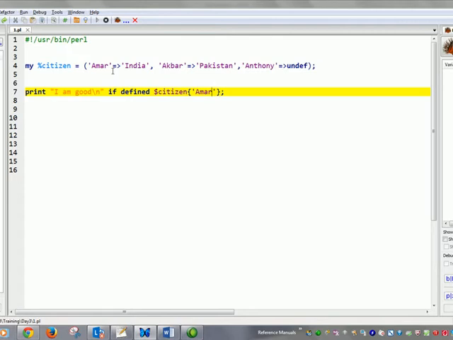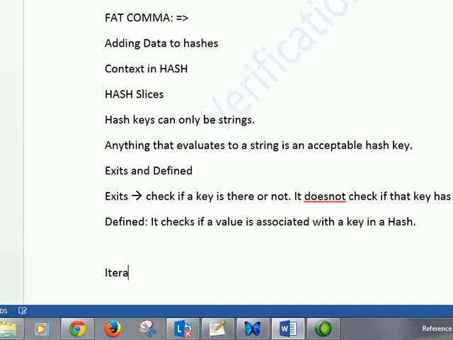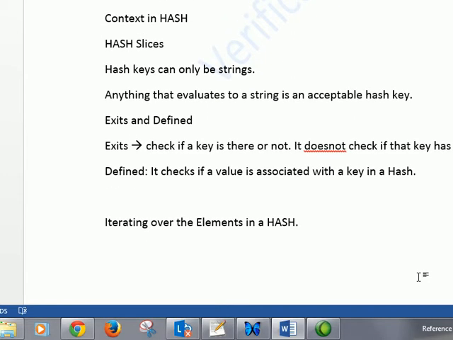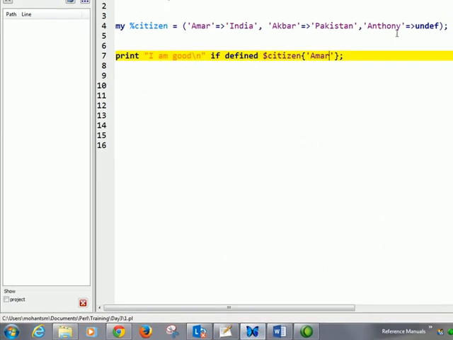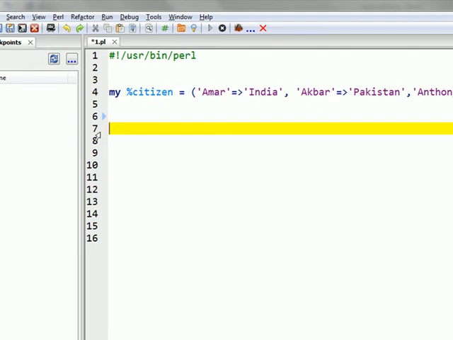Now we will learn about a very critical functionality in hash: iterating over the elements in a hash. How to select the values in a hash. So this is a hash, my %citizen: Amar India, Akbar Pakistan.